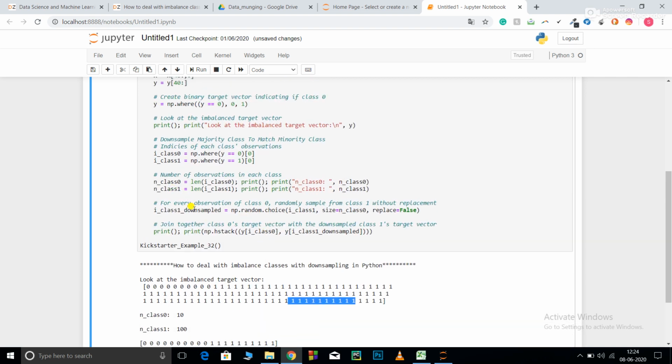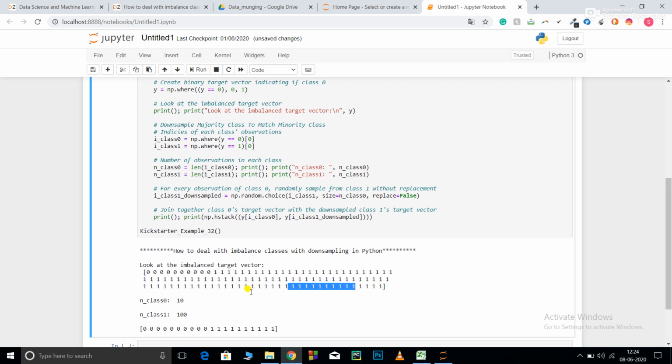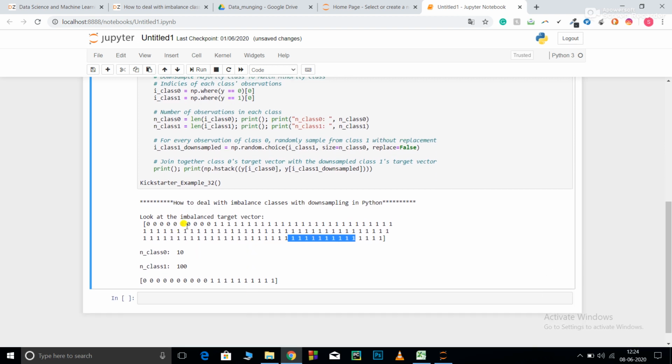So now I have made a new variable, i_class_downsample. Now np.random.choice. I'm going to randomly select observations from class 1, and then replace equals False. That is, I don't want any replacement over here.